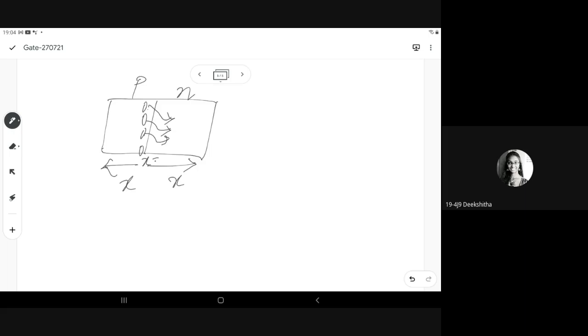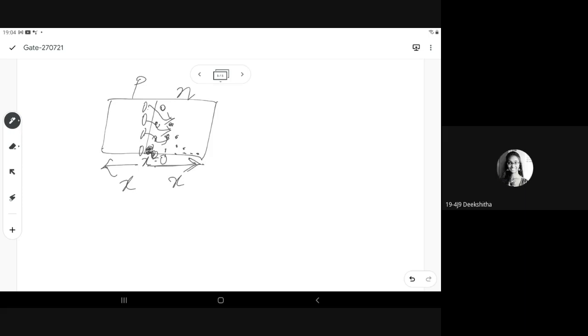So this is at X equal to 0. This junction is X equal to 0. Okay? So the junction point is X equal to 0. What will happen is, as the holes are moving towards the N side, there are more holes present at the N side near the junction. But as the distance X increases, the concentration goes on decreasing. So the movement of holes from P side to N side becomes very small as the distance X towards the N side increases. Is it clear?